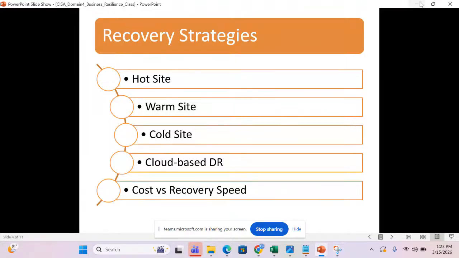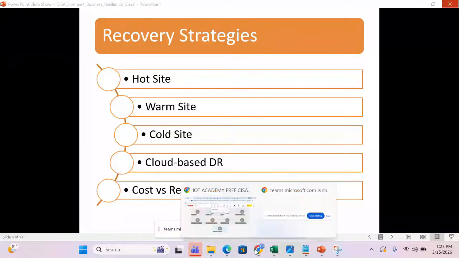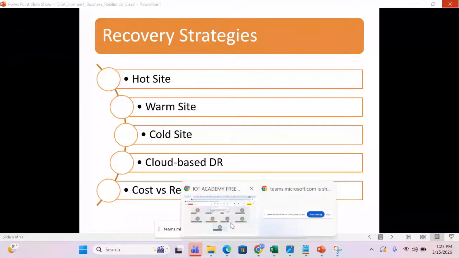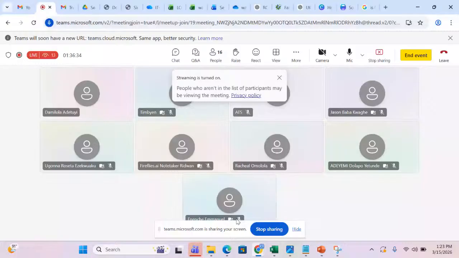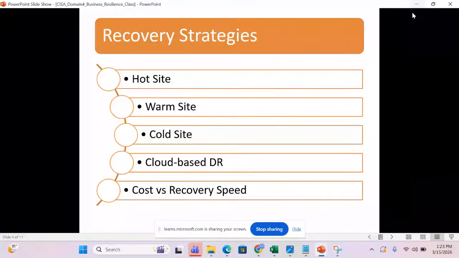Okay. So CISA is saying that before you can choose a particular recovery strategy that you want to put in place, you need to look at four things. You need to look at standardization, capacity, speed, which of course is there, and then cost. Now, what is standardization? Standardization is just saying that every technology requires